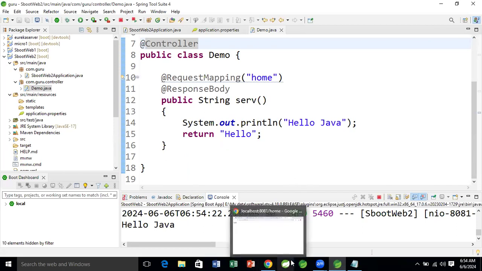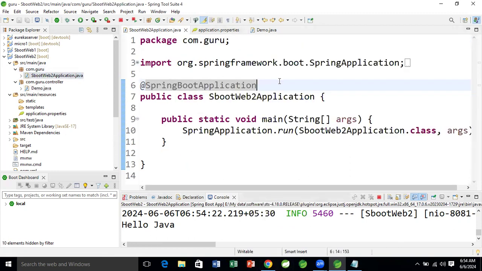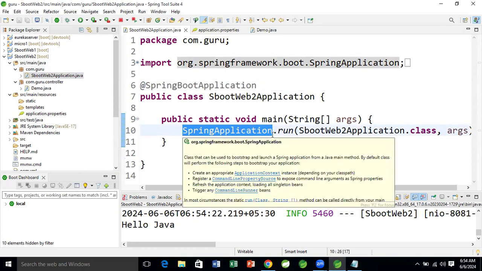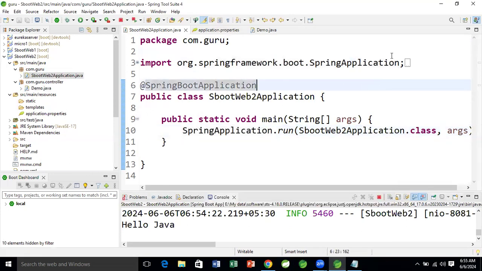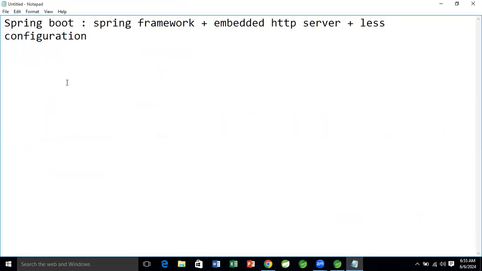Okay. Second thing, here you can see this is the first page. Here you can see this is the Spring application. This is an implemented class of IOC and the run method. And here is the Spring Boot application. There is an annotation, namely Spring Boot application. So @SpringBootApplication is a combination of